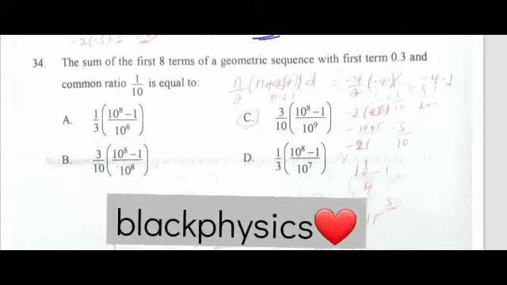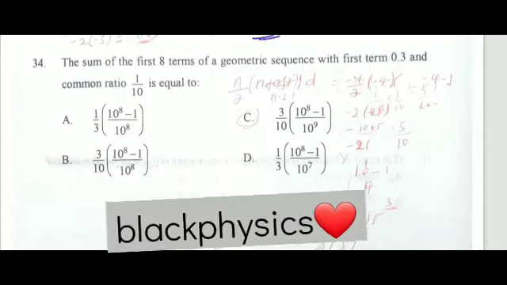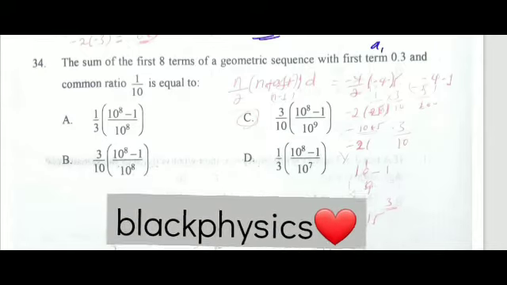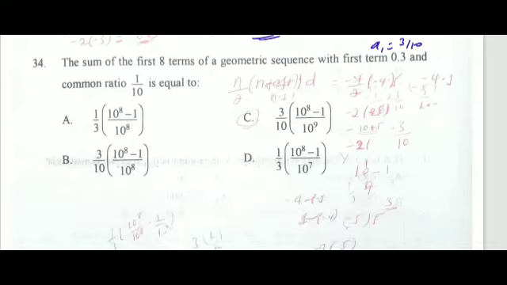Question 34. The sum of the first 8 terms of geometric sequence with the first term 0.3. ስለዚህ the first term is 0.3 means 3 over 10 and common ratio ይሄኛው ነው አለ። እዚህ ያለን ምንድነው the sum of 8 terms ስለጠየቀን ይሄኛውን እዚህ ጋር ላሳያችሁ። s8 is equals to ፎርሙላችን ማለት ነው a1 into 1 minus r to the power of n over 1 minus r ማለት ነው።